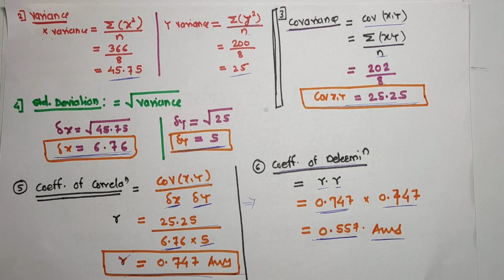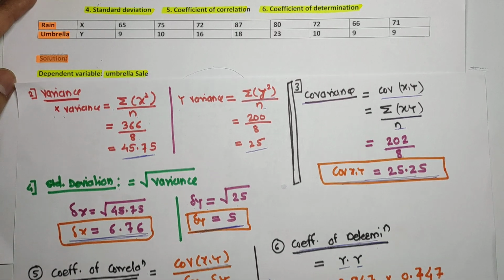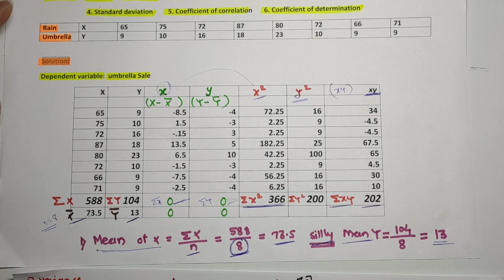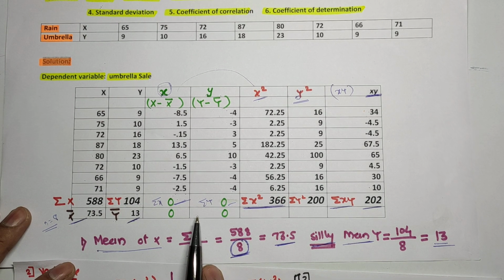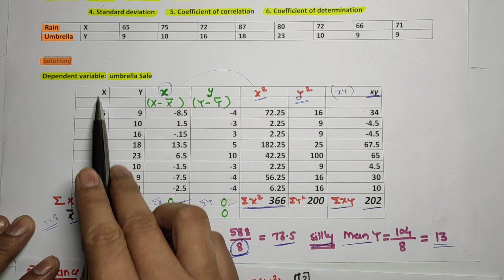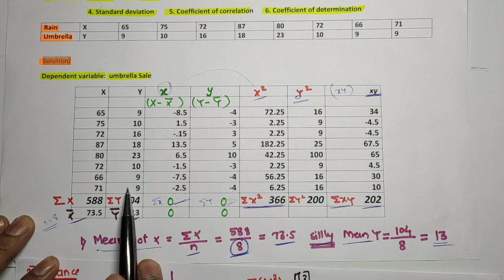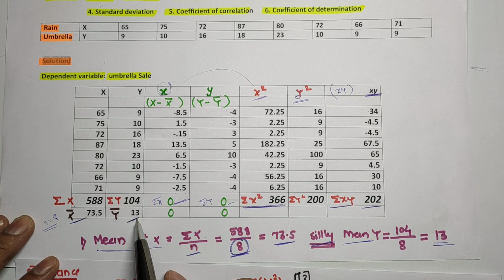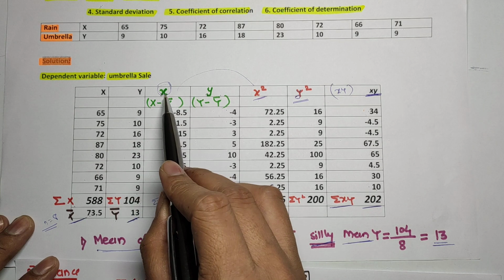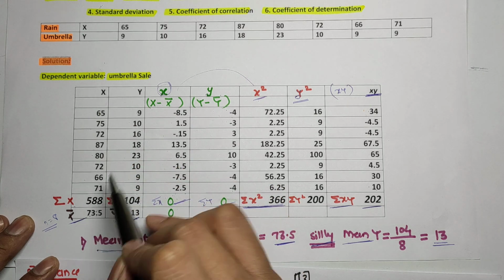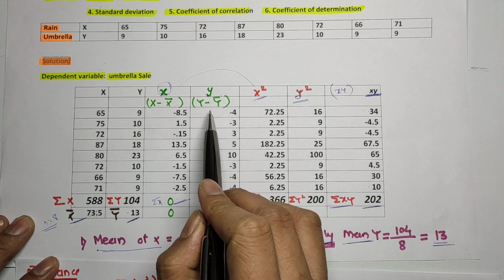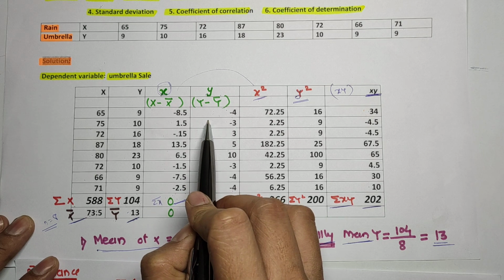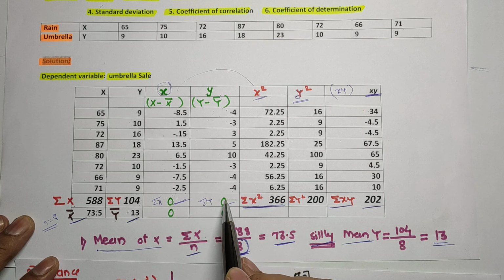They are generally asking this type of numerical in the format of a case study. Okay, so remember what we have done very first. I will repeat here because the formation of the table is very important. Very first, you have to write down x as it is, y as it is. Find the summation of x and x bar. Find the summation of y and y bar. After that, you have to find small x. What is small x? X minus x bar. And what is small y? Y minus y bar. When you calculate small x and small y values, the summation of small x and the summation of small y will be 0. That ensures your calculations are correct.